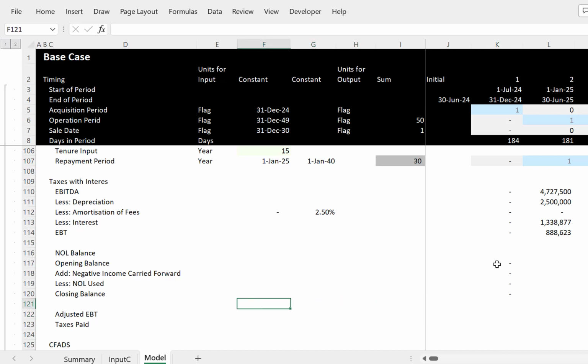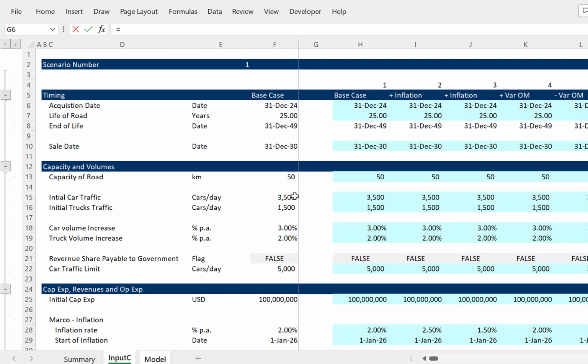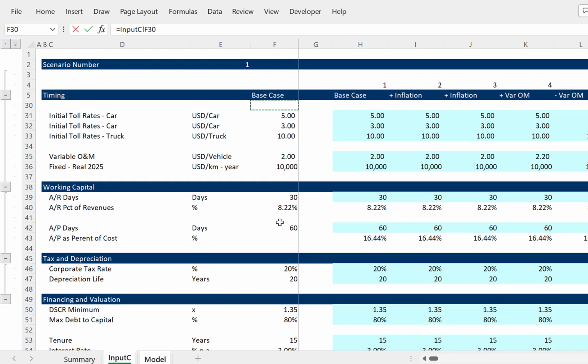So you decide. You know, because we had a much higher price for our toll road. Add back the NOL, take away the use of the NOL. Over here, put a tax rate in. Okay,